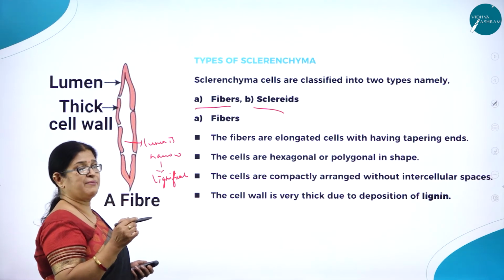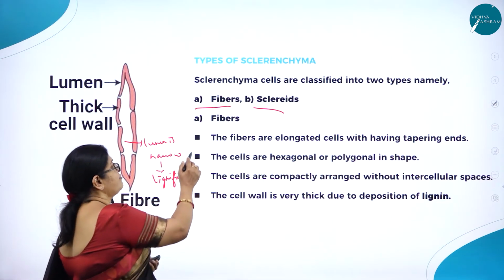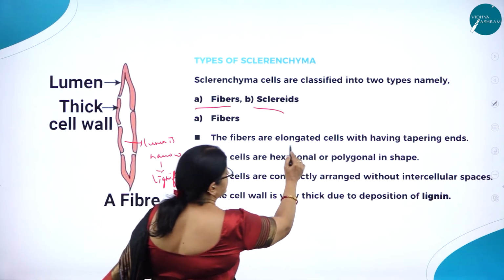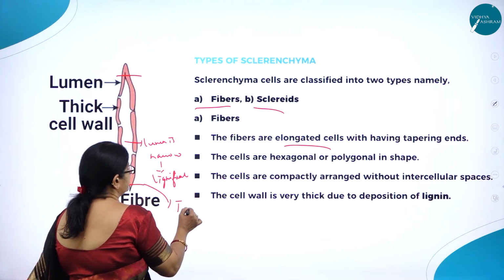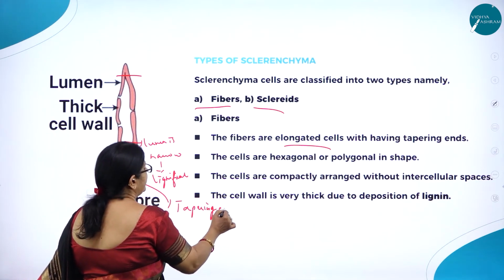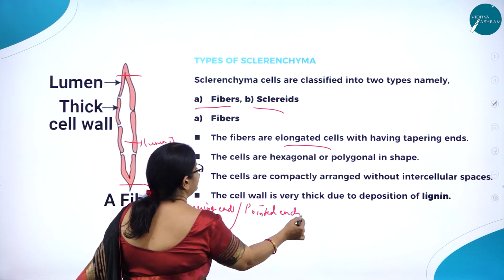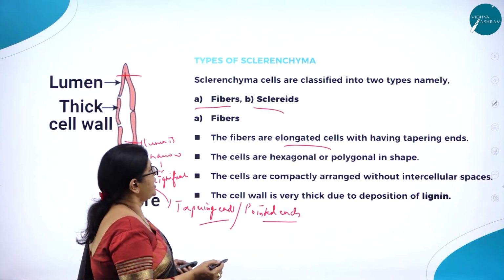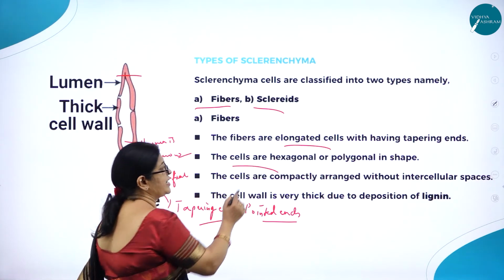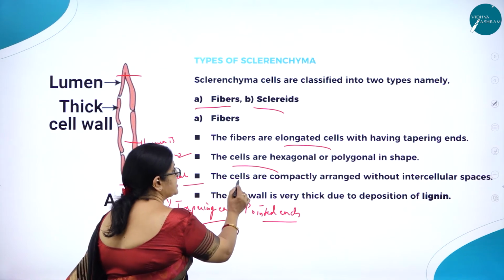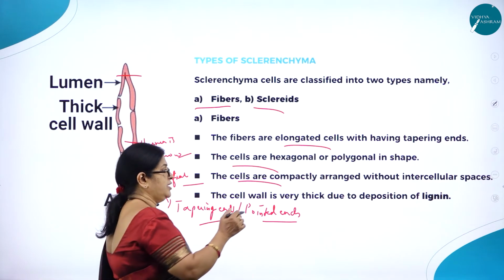Now as I said, sclerenchyma is broadly classified into two types. What are they? Fibers and sclerids. So what are fibers? The fibers are elongated cells. Here you can see they are elongated cells having tapering ends. What do you mean by tapering ends? Pointed ends. The cells are hexagonal or polygonal in shape. The cells are compactly arranged without intercellular spaces, and the cell wall is very thick, and that thickness is due